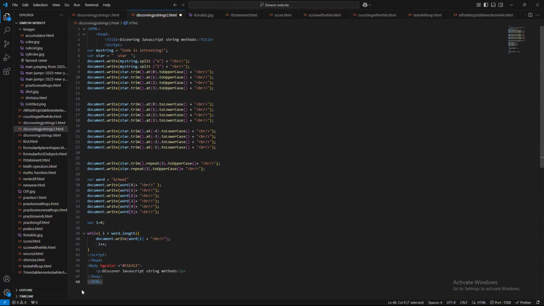Remember, in this case, word.length is 6, isn't it? So at some point your while loop must end. And for this while loop to end, guess what must happen? i must get to 6. If i does not increase from 0 to 1, from 1 to 2, from 2 to 3, from 3 to 4, from 4 to 5, and then finally from 5 to 6,